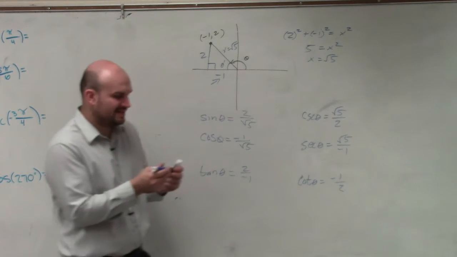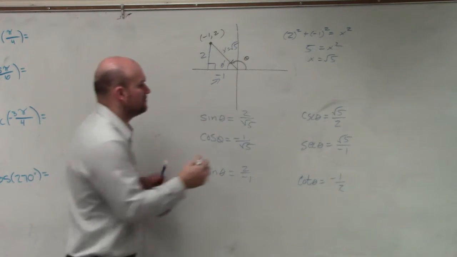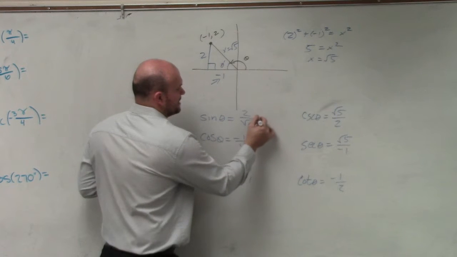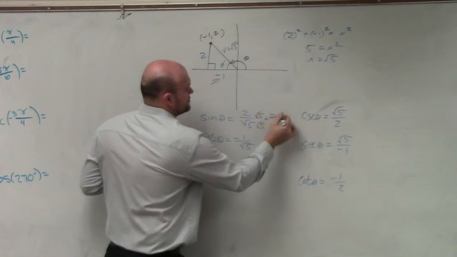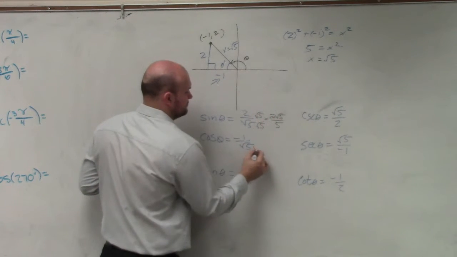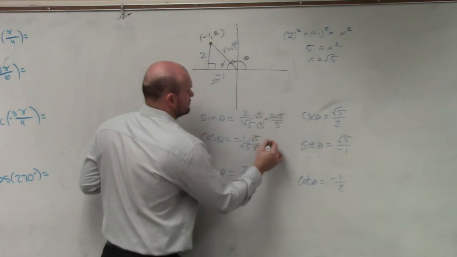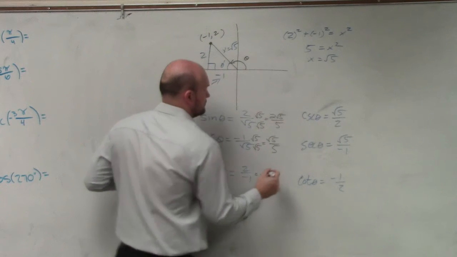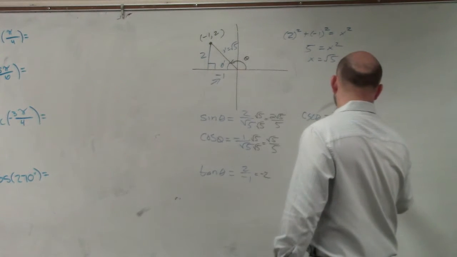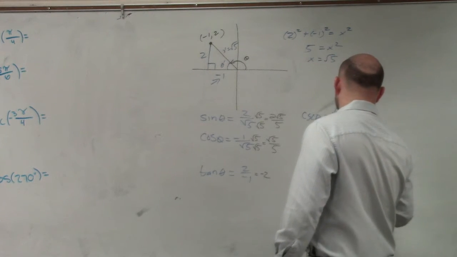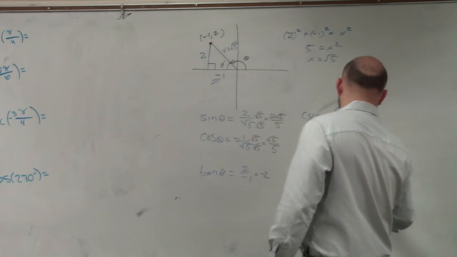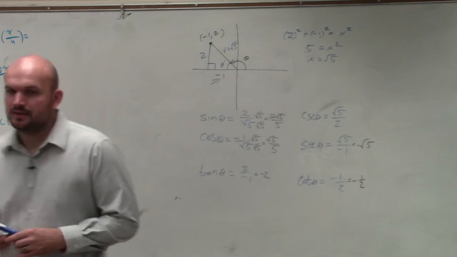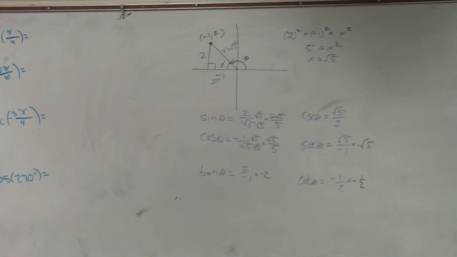Now, let's go and simplify these so they don't have radicals in the denominator. Rationalize the square root of 2, square root of 5 over 5. And there you go. So what's important about this is now that we have a coordinate point, now we're going to have positive